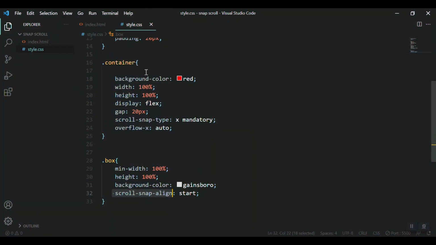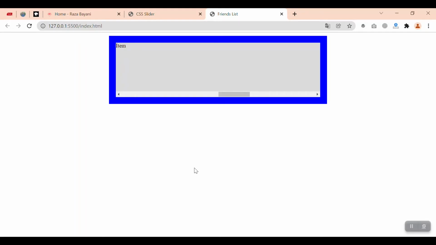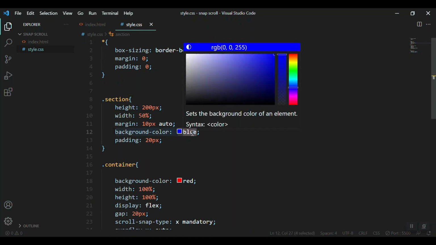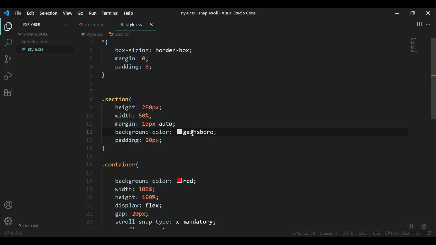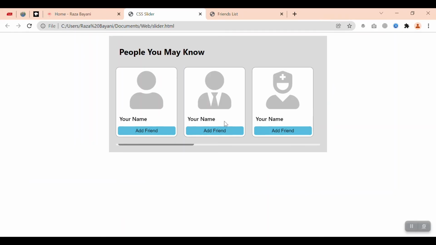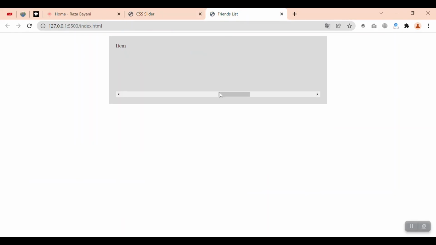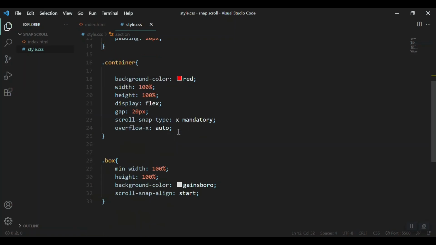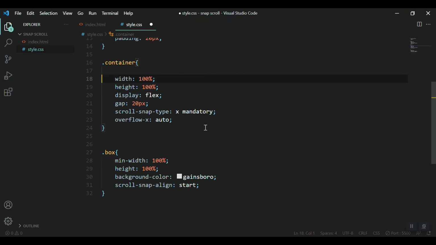And now moving to customize. So first of all, I'm going to get rid of this blue background color for the section and change it to Gainsborough. I like this color. Okay, now let's see, and change the item color to white. Let's remove the background color of this container and change the box background color to white, and